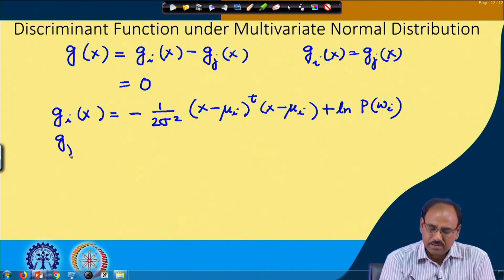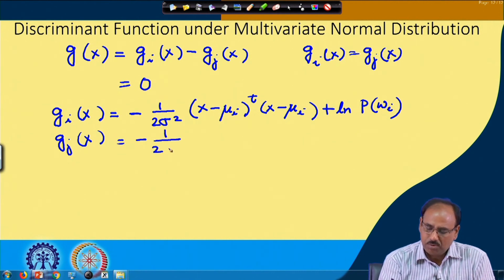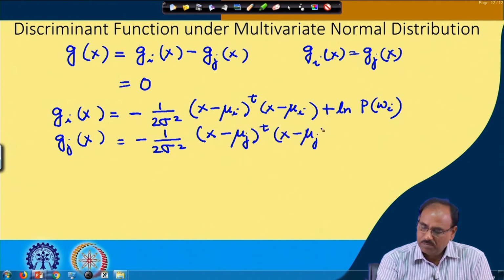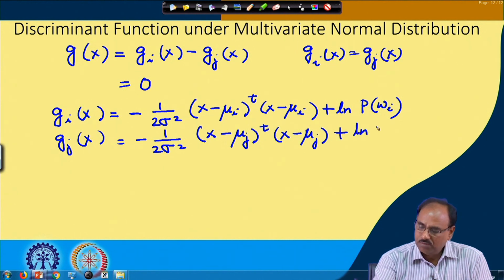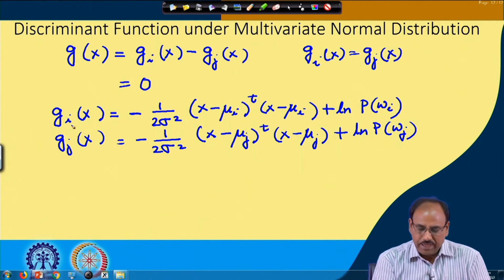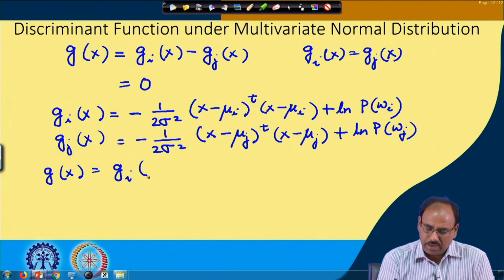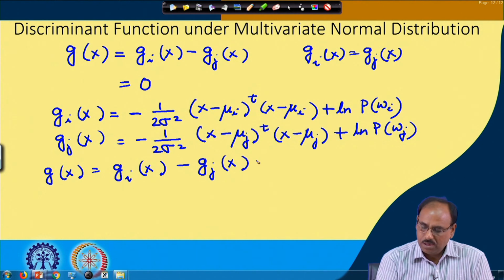Similarly, for g_j(x), I will also have minus 1 upon 2σ² (x - μ_j)^T (x - μ_j) plus log P(ω_j). And if I equate these two, if I make g(x) = g_i(x) - g_j(x) equal to 0,